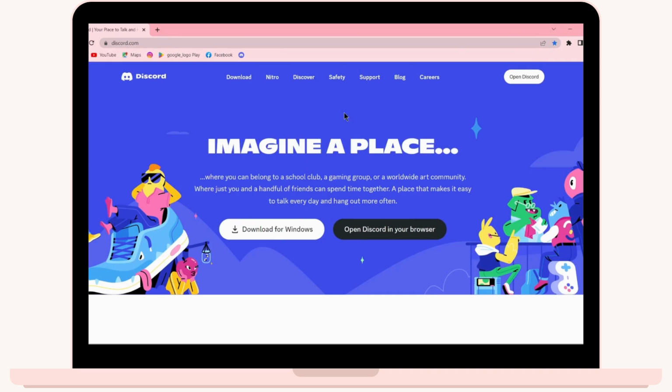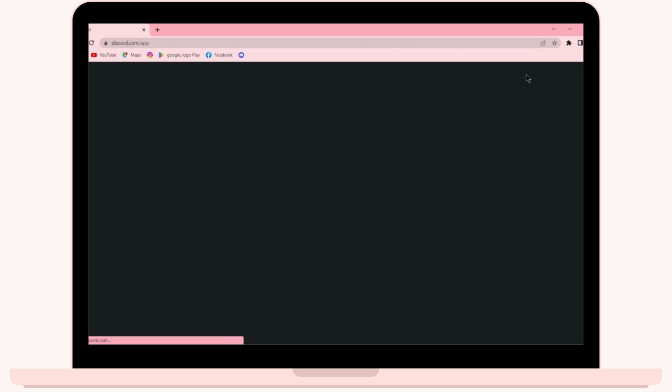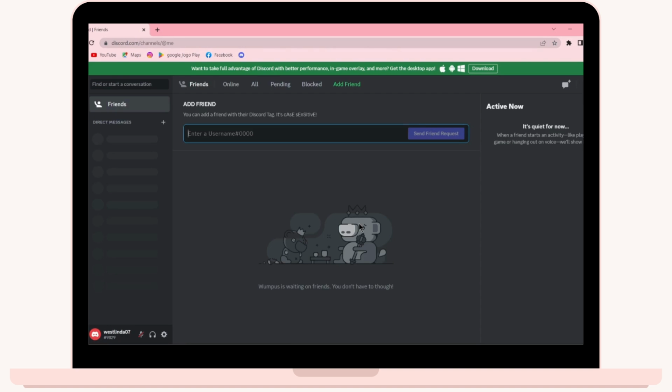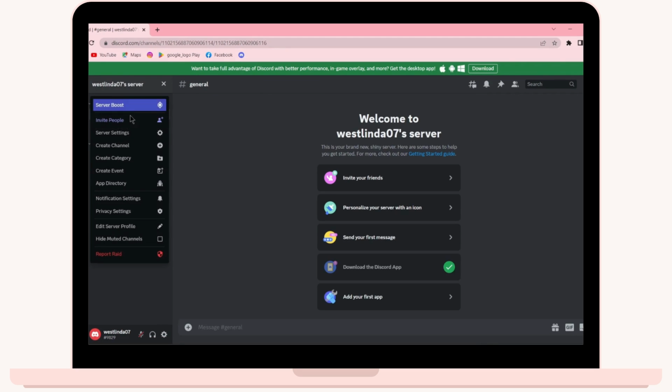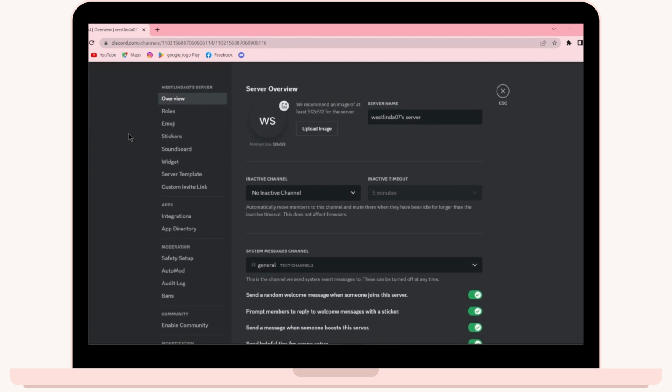after opening Discord, on the upper right corner you will have open Discord option. So click on that. So make sure to log into your Discord, and after logging in, click on your server, and then here you will have your server. Click on your server and then click on server settings, and on the left side you will have a bunch